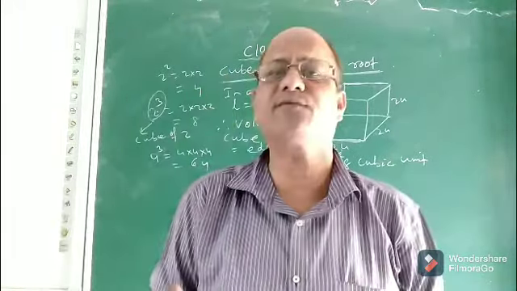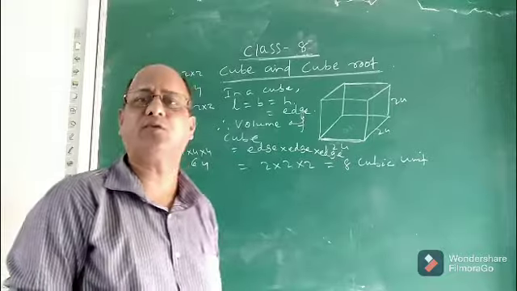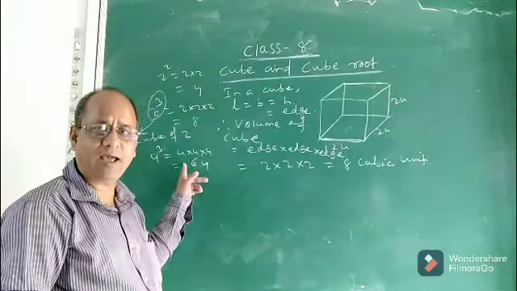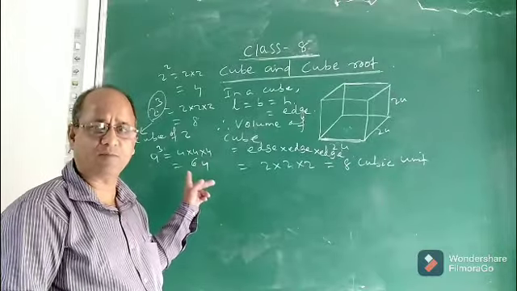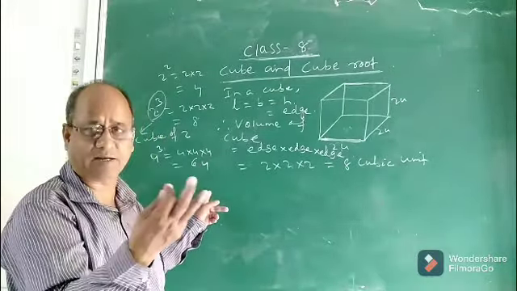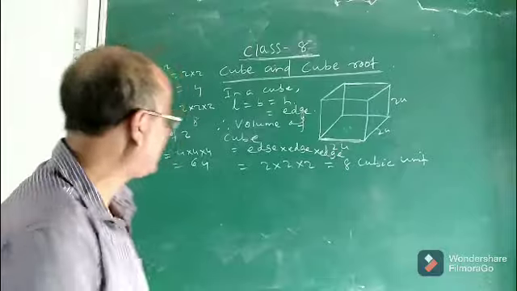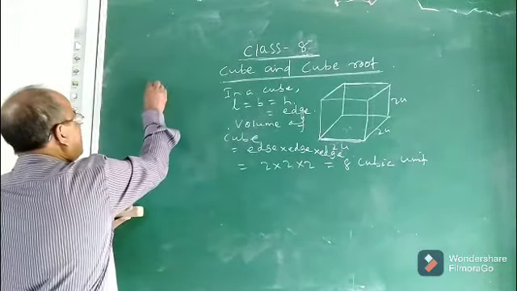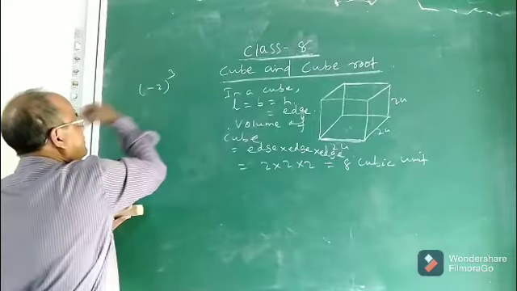Did you understand what a cube is? By cube of a number, what we mean is that we have to multiply the number 3 times. That means we have to find the product of the same number 3 times. That is cube. Now, instead of taking positive integers, we can also find the cube of negative integers.